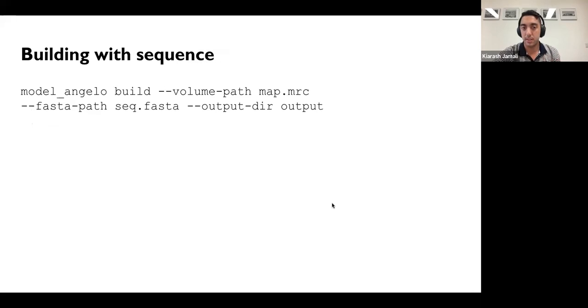If you want to build with the sequence, you just run Michelangelo build. You give it the path to the volume, and you give it the path to the FASTA file. A lot of the time when people have bugs, it's because of the FASTA file, so please make sure it's formatted correctly. And then you also give an output directory.